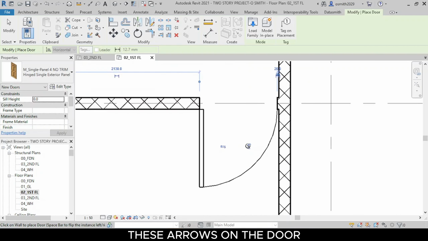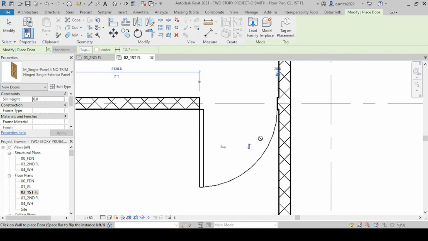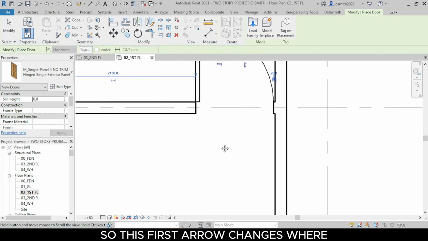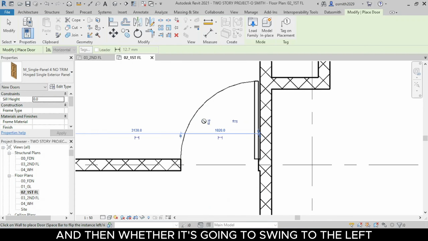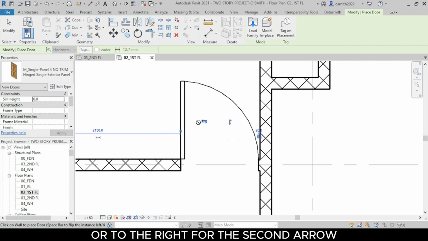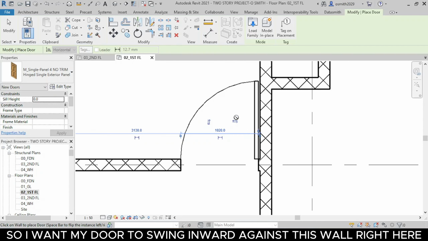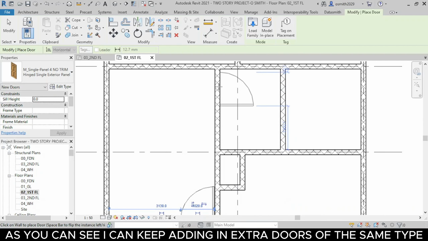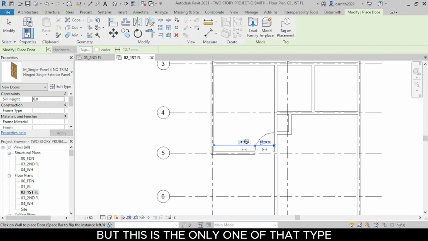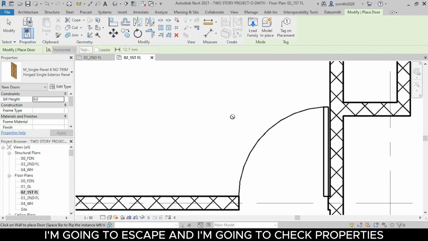These arrows on the door allow you to change the swing direction of the door. This first arrow changes which side of the wall the door swings on, and the second arrow changes whether it's going to swing to the left or to the right. So I want my door to swing inward against this wall right here. As you can see, I can keep adding in extra doors of the same type throughout the project, but this is the only one of that type that I need to add in. I'm going to escape,